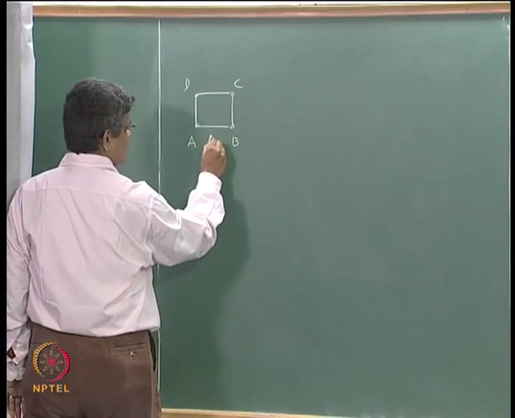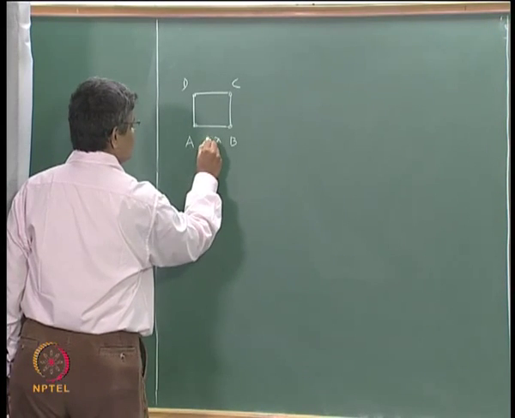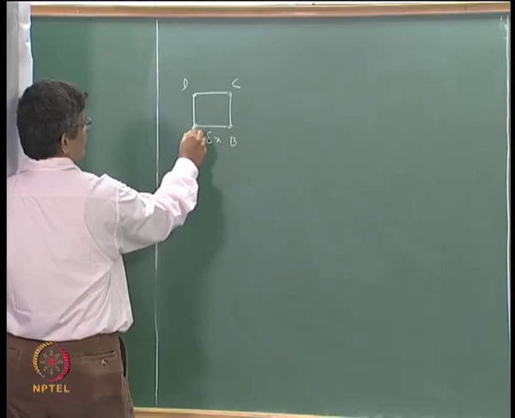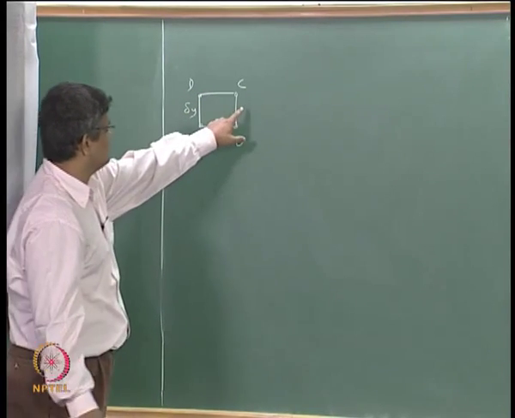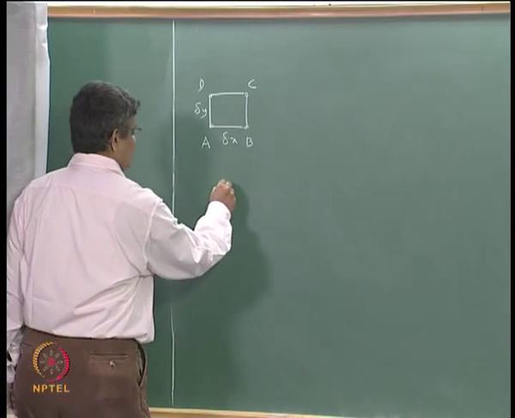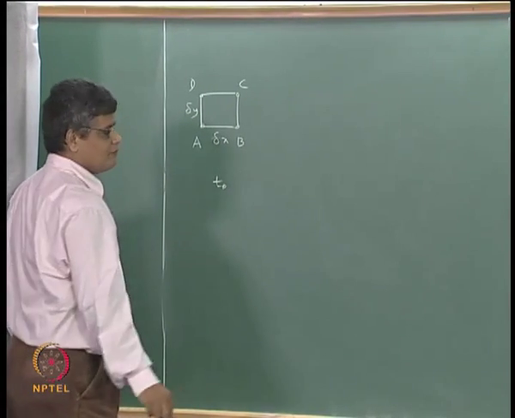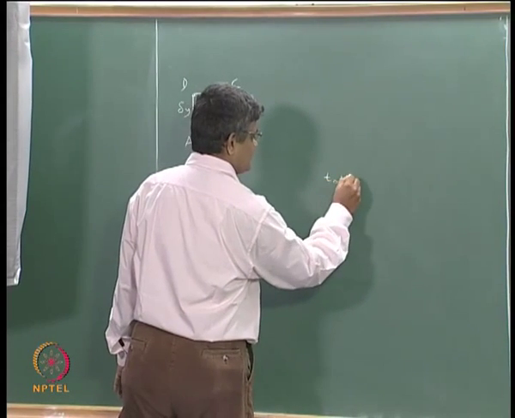Particles A and B are horizontally separated by a distance delta x, and these are vertically separated by delta y. So this is also delta y, and this is also delta x, and this is the situation at time t naught. After a time t naught plus delta t,